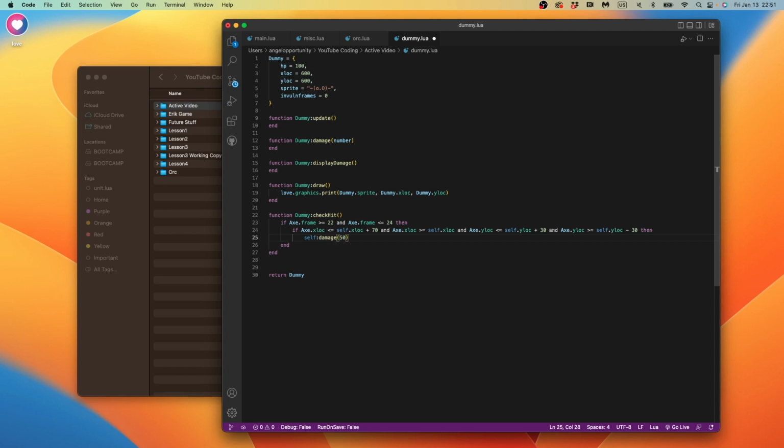Okay. So the idea here is we check, is the axis active frames happening? If yes, then we're looking at the axis X location on this horizontal axis. Is it less than or equal to the dummy X location plus 70 pixels to the right? And then we're also checking, is it less than or equal to